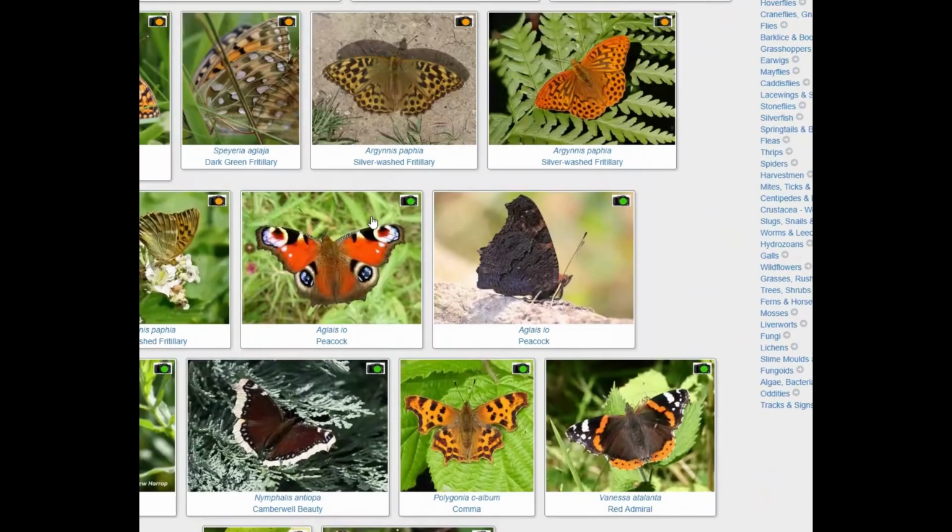So I'm going to now assume that I've seen a butterfly that looks like this one, the peacock. And so I'll click on that. But just before I do, I just wanted to point out these little camera icons in the top right hand corner. These signify the identification difficulty of that species. So if it's green, then the species is quite distinctive and you shouldn't confuse it with any other. If it's amber, then you have to be a little careful because there are others that look similar and you